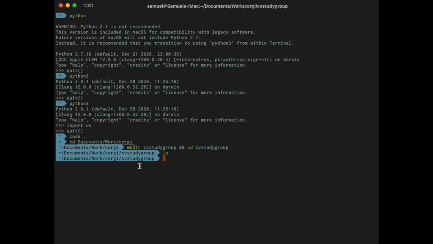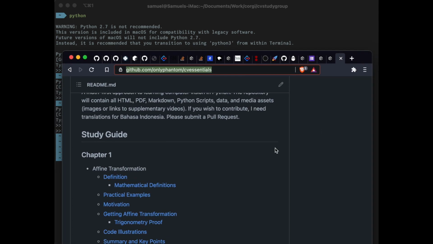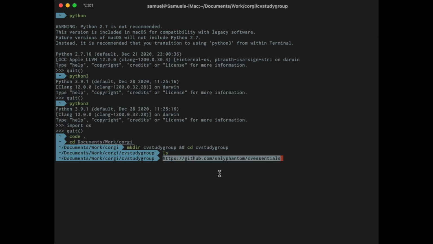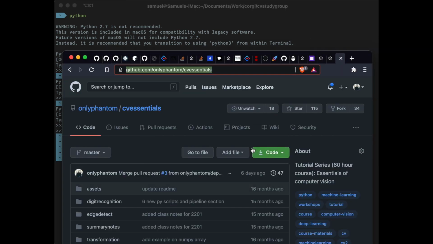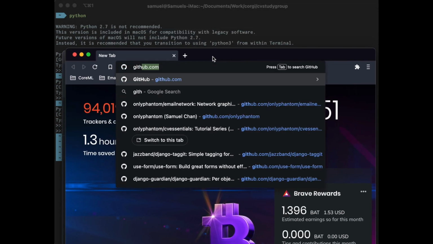So now that we have a folder, we need to start to download all of these materials in here. So I'm gonna be introducing you to something called Git or GitHub. And again, if you don't want to do that, I'll give you an alternative. Okay? But the first thing, this is the URL that we have. It's here. So first thing first, if you don't have a GitHub account, you really should sign up for one. Okay? And to sign up for one, you go to github.com